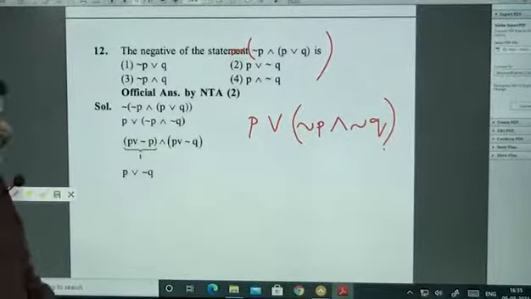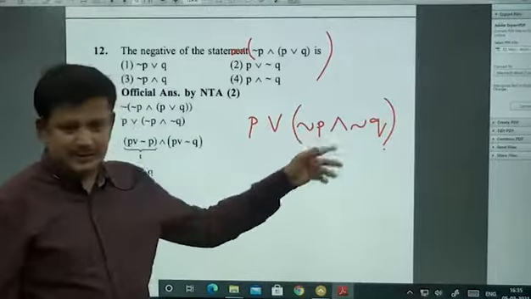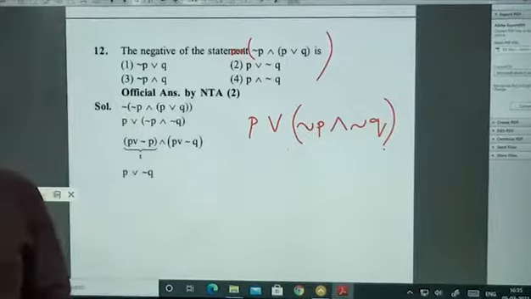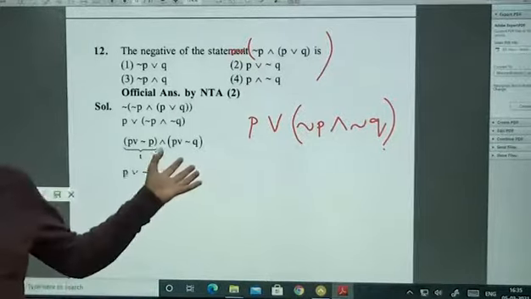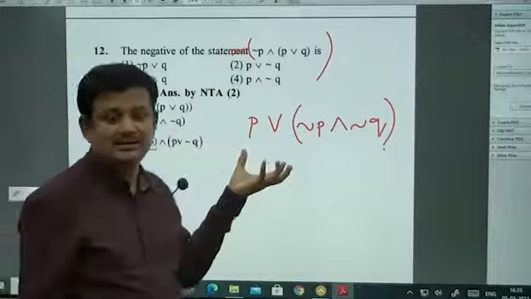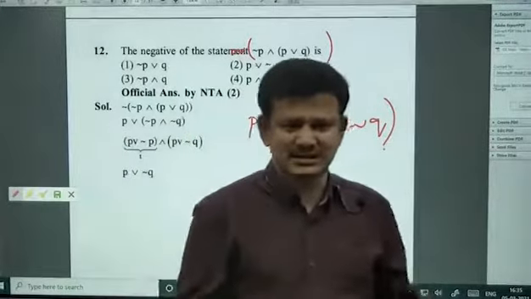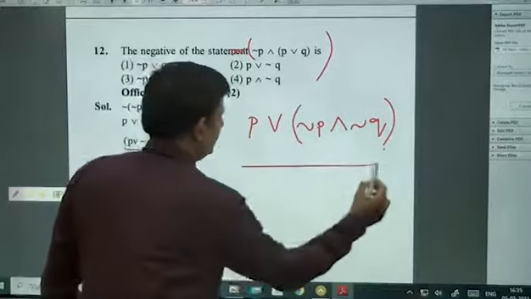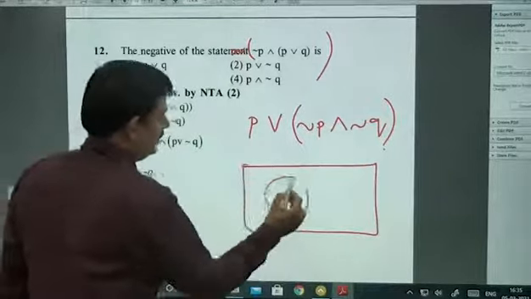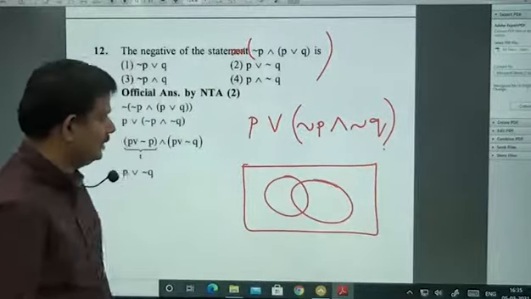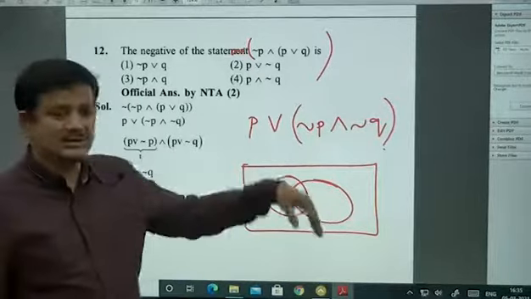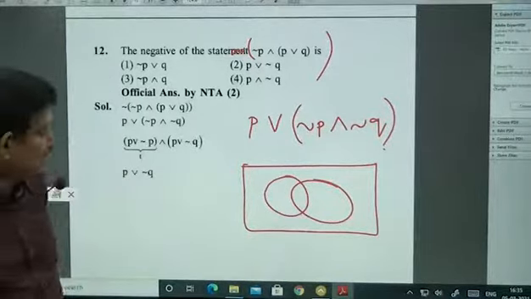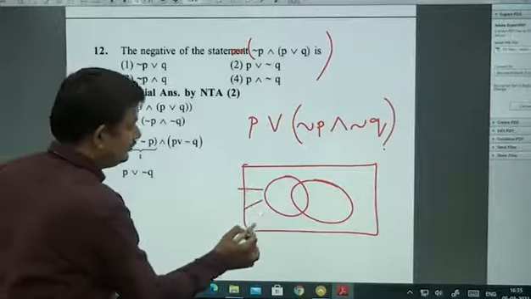Okay, we would have eliminated this, but we have R here. So let us understand what it is. I told you a better way of understanding it is a Venn diagram. Sets, both of them are the same. So P, Q. Negation P means outside P. Negation Q means outside Q. What is their intersection? Outside of P and Q.